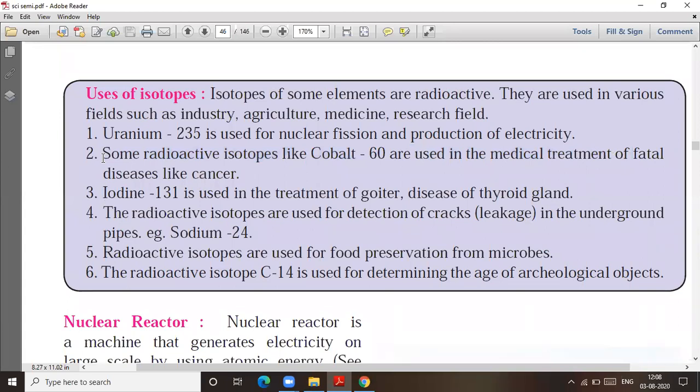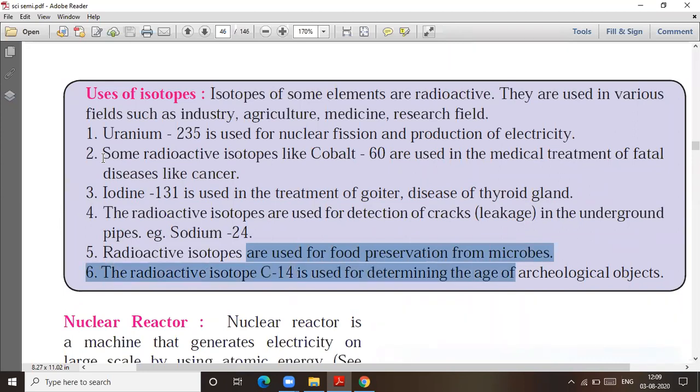radioactive isotopes used. Iodine 131 is used in the treatment of goiter and disease of the thyroid gland. So what is goiter? Goiter is a disease of the thyroid. Our neck swells because of the lack of iodine in our daily salt. That is why the salt we eat is labelled iodized salt. If someone still gets goiter, then this iodine 131 can be used. The radioactive isotopes are used for the detection of cracks and leakages in underground pipes. Sodium 24 is used in that. Then radioactive elements are used as preservatives against microbes, and the radioactive isotope C14 is